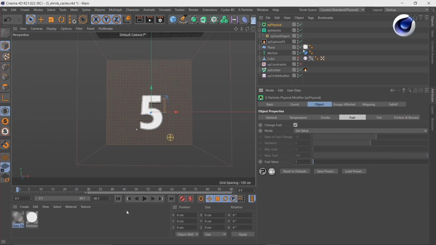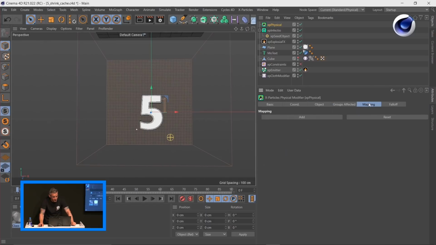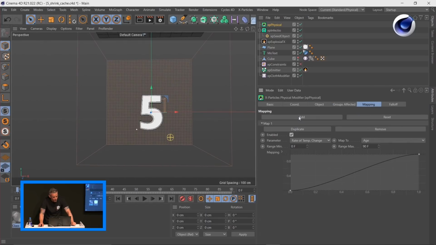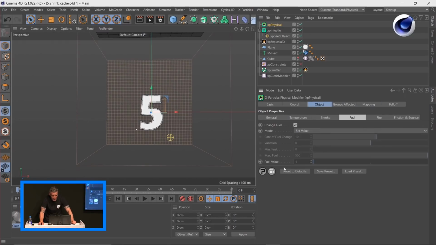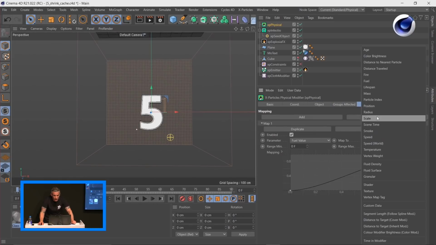So what we need to do is map that fuel value to only the white particles. So how do we do it? Well, it's pretty easy. We'll go to the mapping tab of the modifier, add a map, and the parameter that we want to map is the fuel value. There it is, and the fuel value we have set as 1. And we want to map it not to the particle age, we want to map it to the particle's color